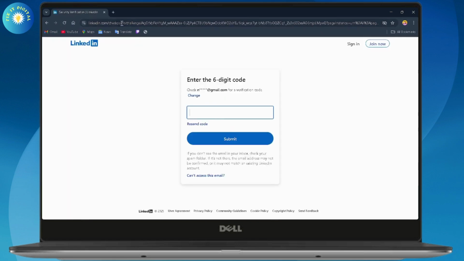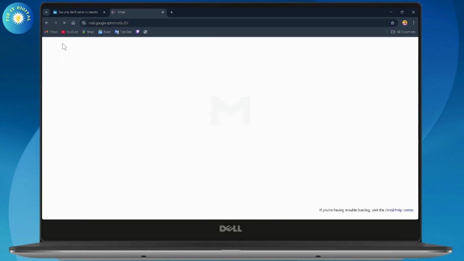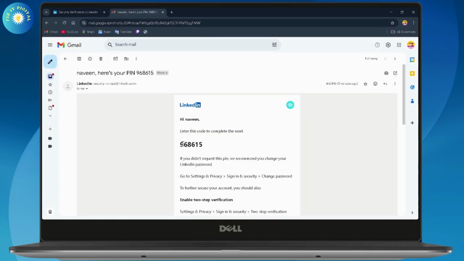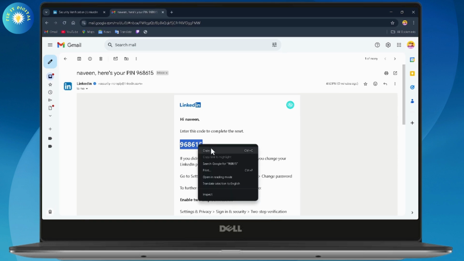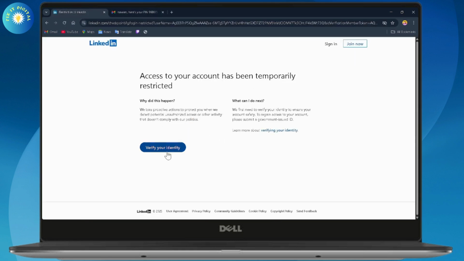a 6-digit code to the email address. So you just need to simply go with the Gmail of that mail, and here's your pin of your LinkedIn. So you just need to simply copy this and paste it right here. Go with submit. Once you enter the verification code, now you just need to simply go with verify your identity,